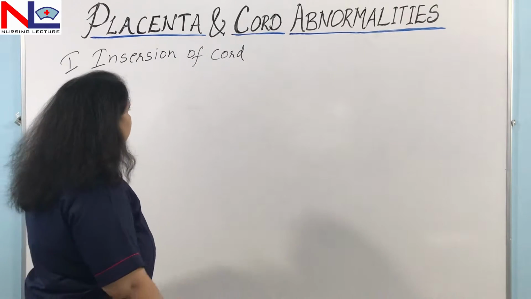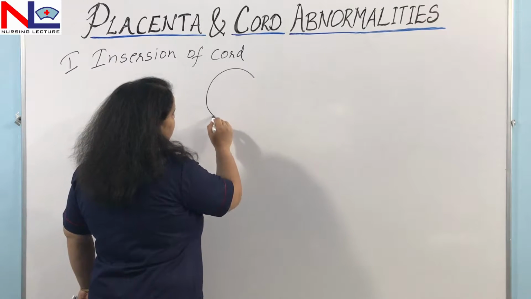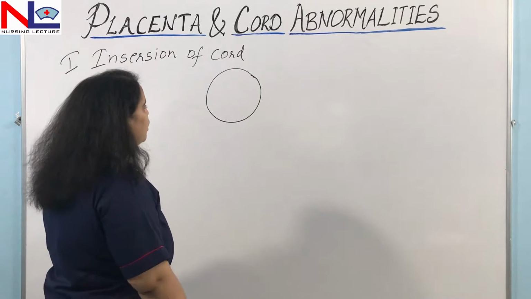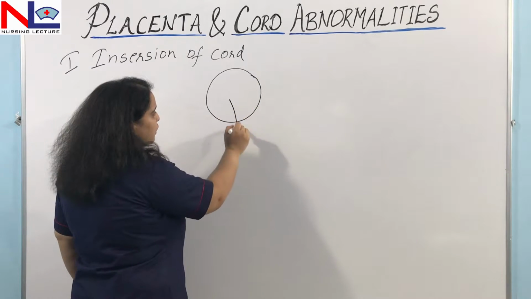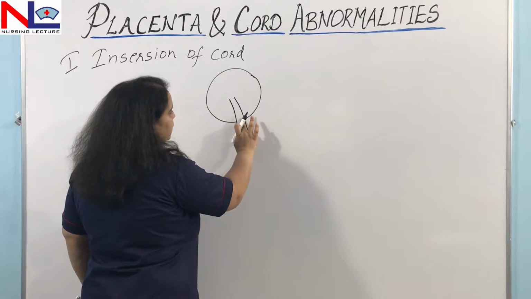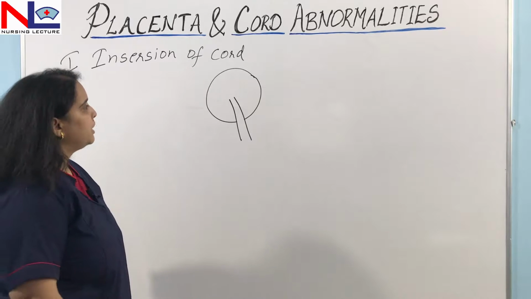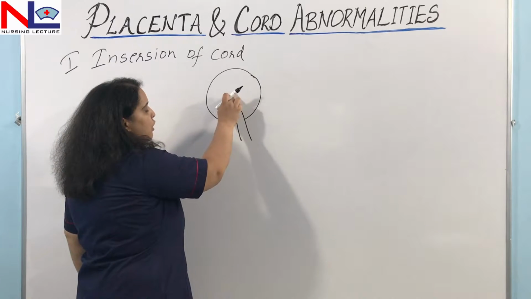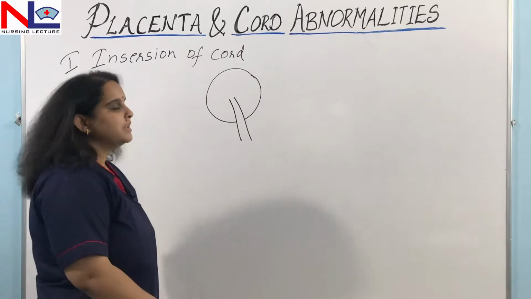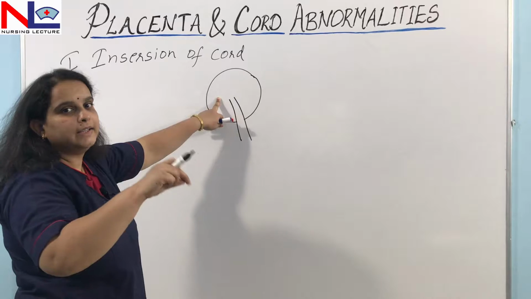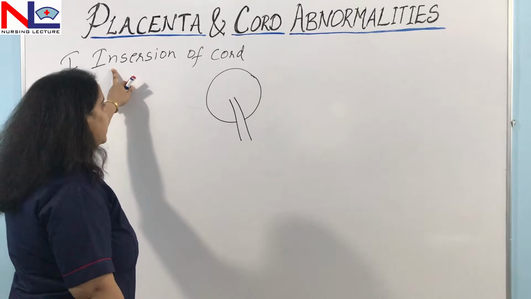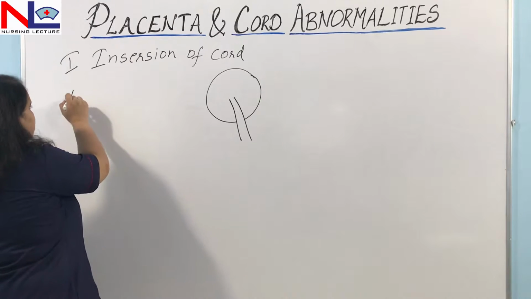So let's come to the figure here. What is the normal insertion of cord? Normally the cord is inserted from the chorionic plate, near the center or from the center, or you can say the fetal surface. So the cord is inserting from the fetal surface at the center. But in the insertion of cord anomaly there are two varieties. One is